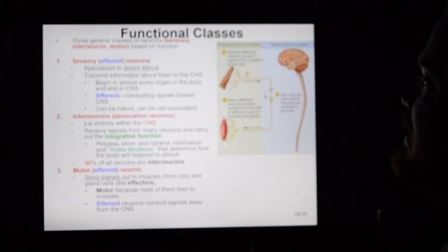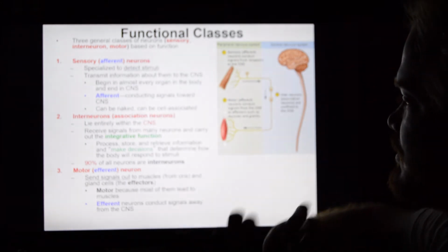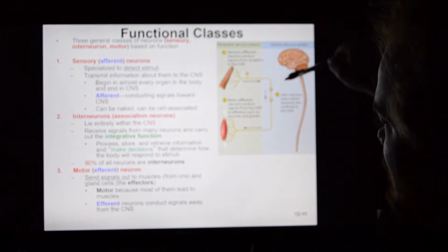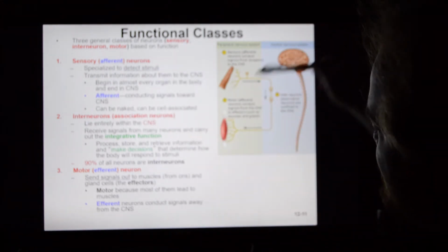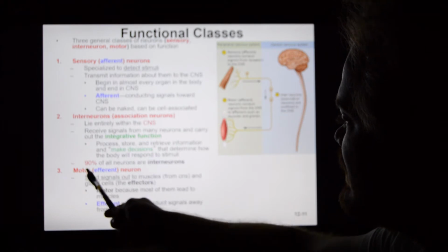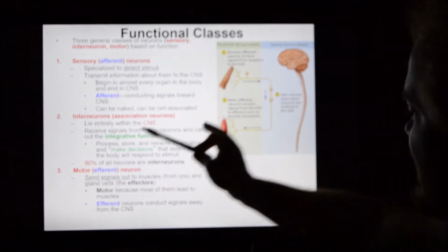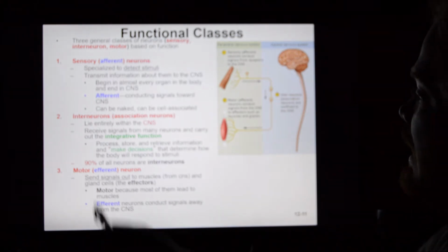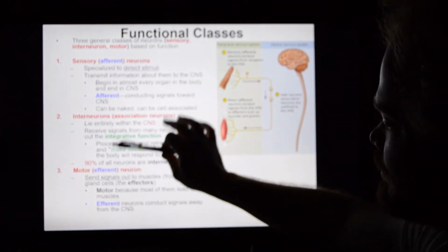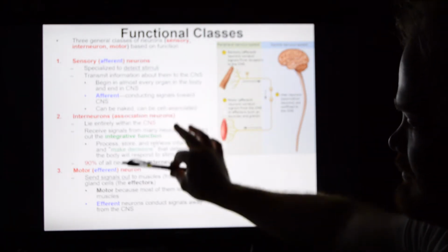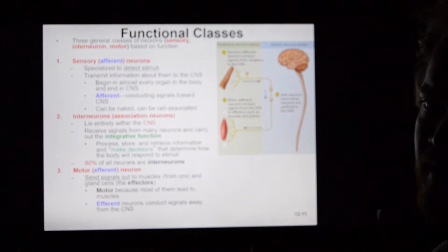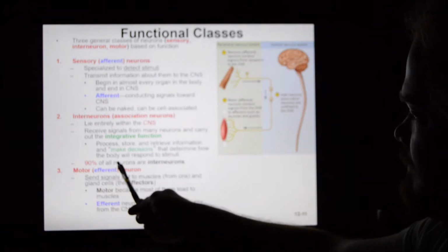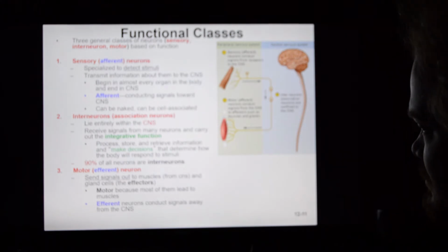All right, functional classes. Sensory neurons, interneurons, and motor neurons. We've kind of already played this game. Sensory neurons carry afferent messages to the brain and spinal cord. Interneurons are for integration. They make up the vast majority of neurons found here. And then motor neurons carry messages out to do some sort of work. They carry what we call efferent messages. If I were you, I would know my terms afferent and efferent and realize that most neurons are integrative. Making decisions is much harder than perceiving or sending messages. So the vast majority of neurons are considered interneurons.